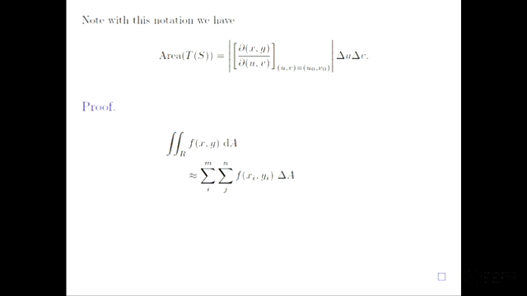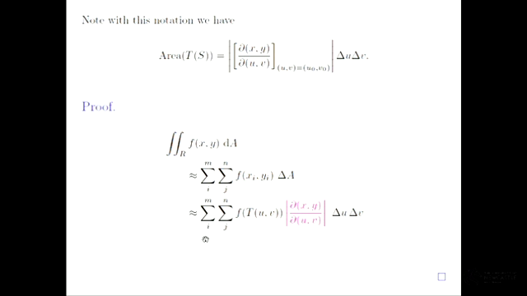Oh, what do I want to show here? So here I just want to say that now we know that the area over our region can be given by the Jacobian evaluated at a point times delta u delta v. What that means, essentially, is that if we want to take a double integral over some region R, which is given in Cartesian, or in R2, I can say that this is approximately equal, definitionally, to the sums of all of these prisms,